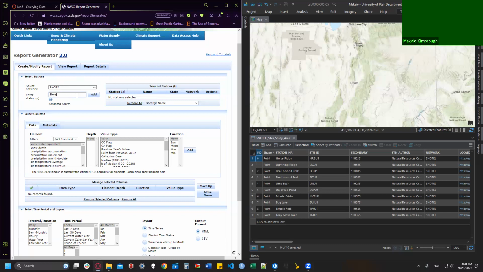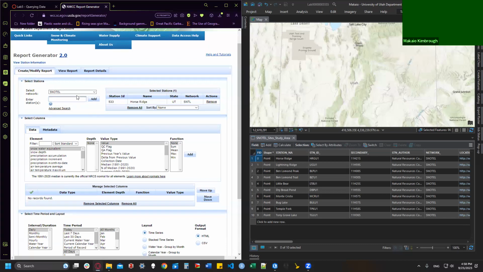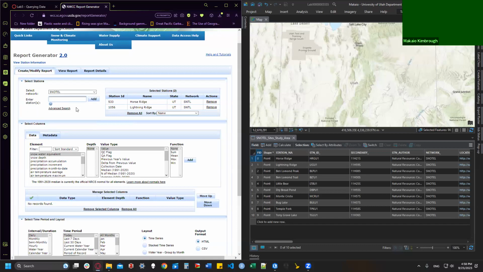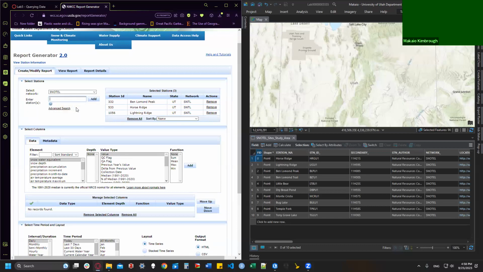So when we type in these names, we can use our keyboard arrow keys to move our selection around. And once we have the selection we want highlighted, we're going to press enter. Once we press enter, we should see the record that we typed in pop up in the selected stations column right here. So we're going to do that for each of these. So then Lightning Ridge, Ben Lomond Peak, Ben Lomond Trail,